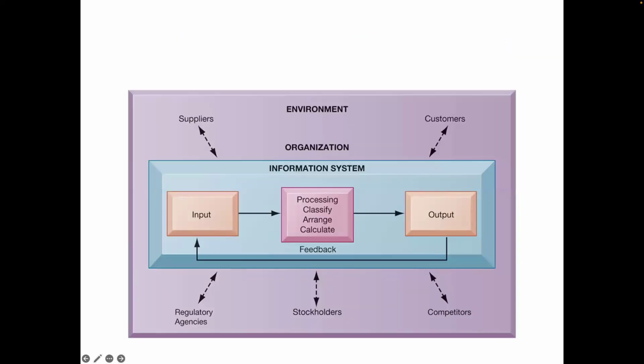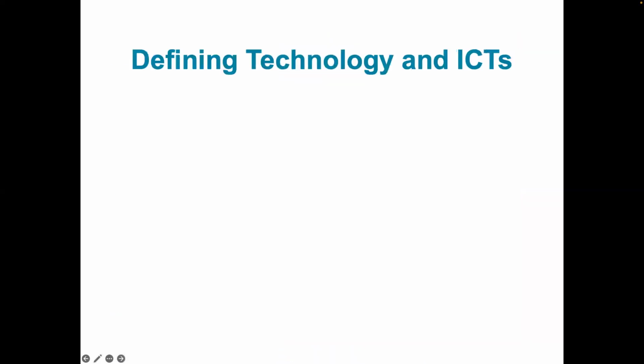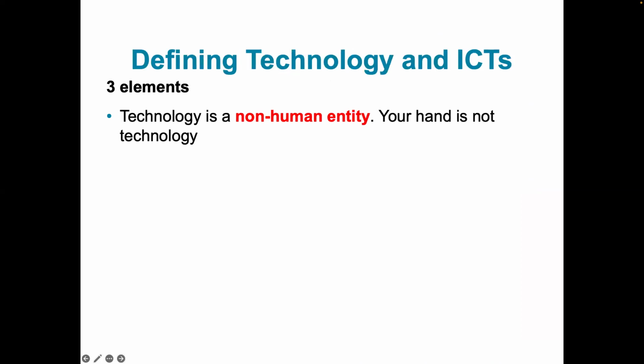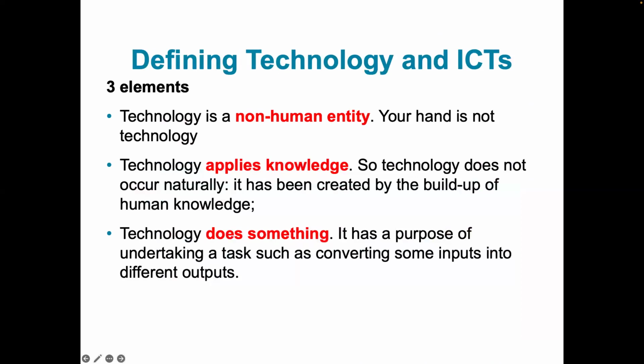So this is just a recap and a pictorial representation of how an information system within a particular context, the organizational context, has an external environment and also an internal environment. Then we looked at the elements of defining technology and ICTs, where we indicated that to differentiate between information technology, information systems, and information and communication technology, the profound thing is that for ICTs, we are interested in not only the ability of the technology to collect the data and process it, but also to communicate it.